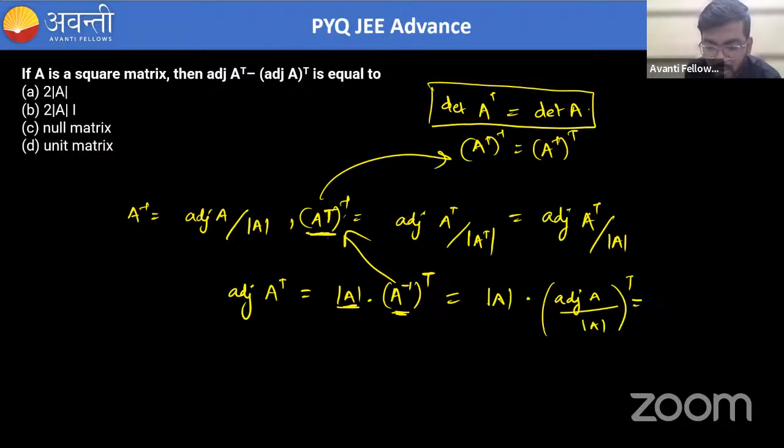So this thing can again be written as, determinant of A transpose is equal to determinant of A itself. So I am writing it as determinant of A upon determinant of A into adjoint A whole transpose. Correct? So you get adjoint of A transpose is equals to